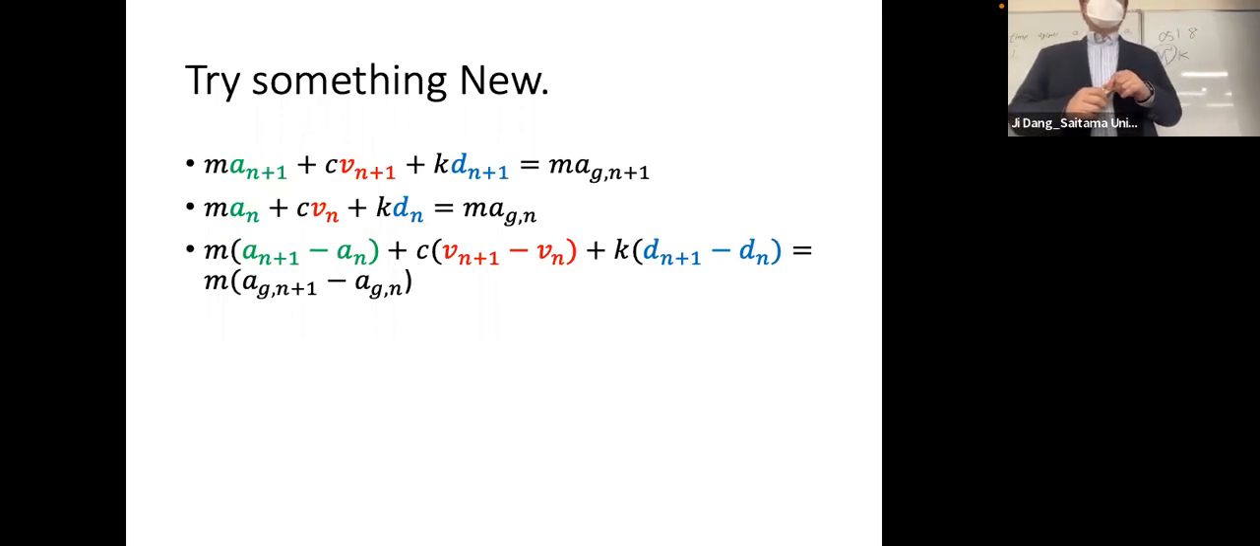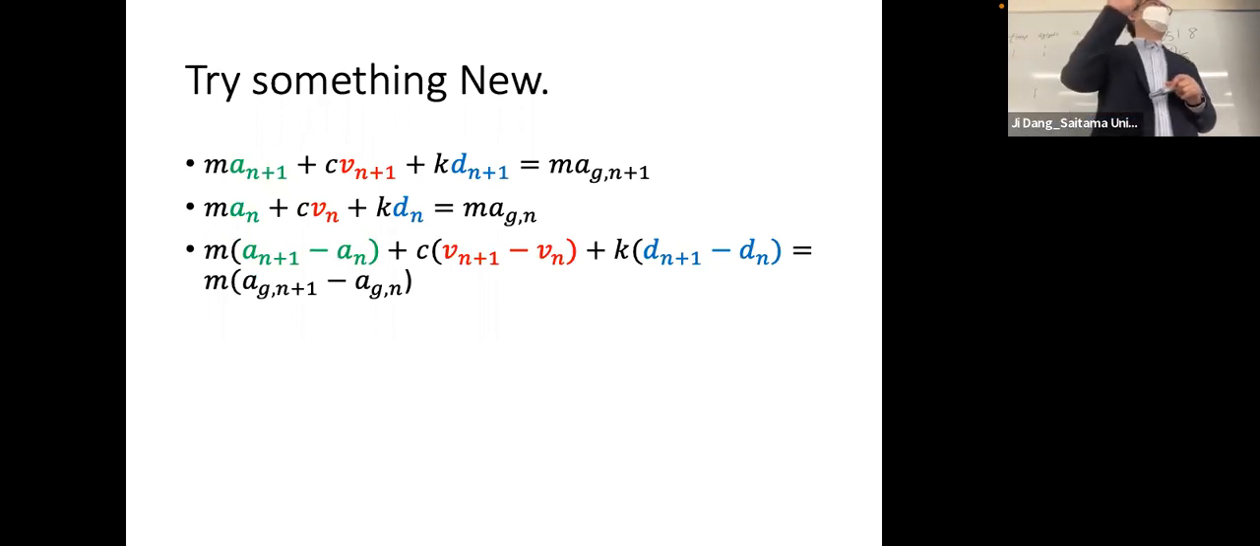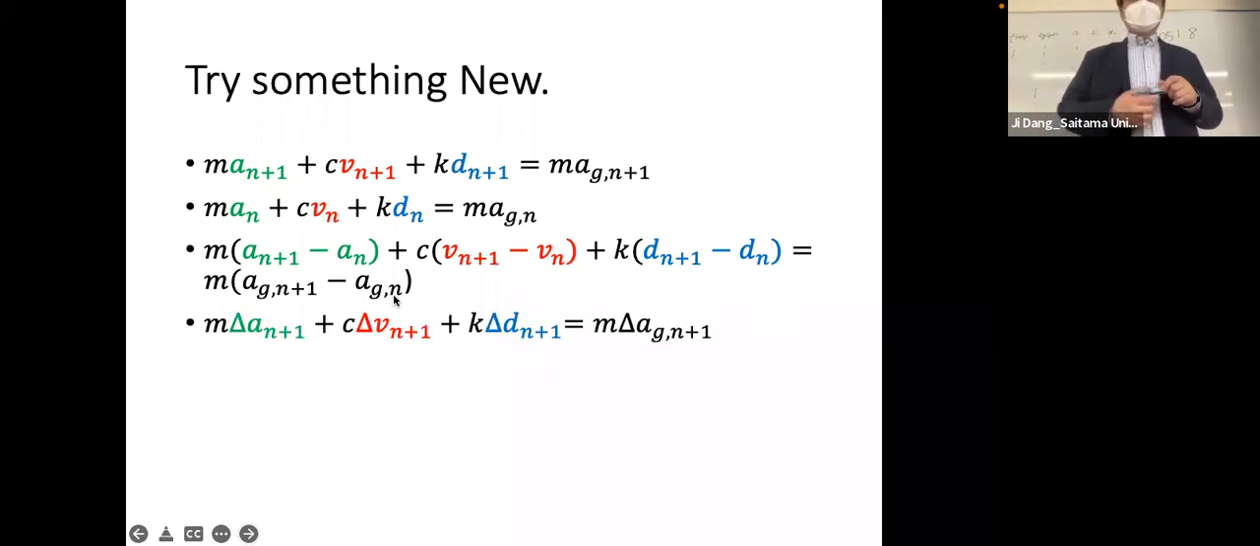So we just divide the two equations, subtracting one from the other. The first part becomes n plus 1 minus an, and the second and third parts become this one and this one. And then you can get